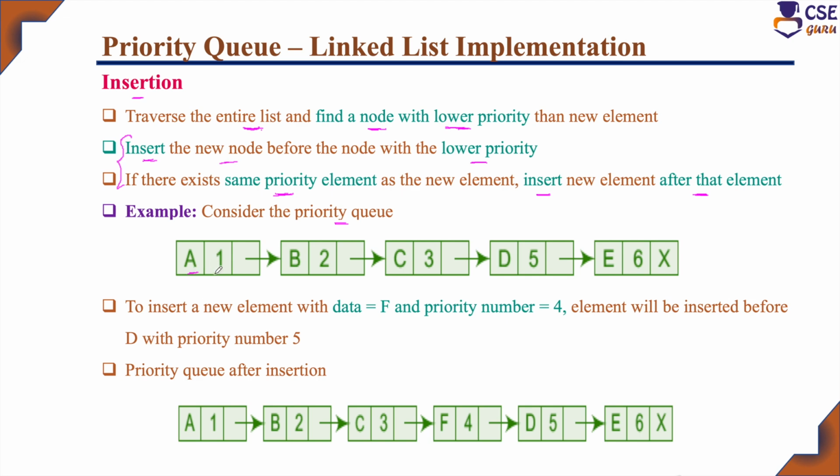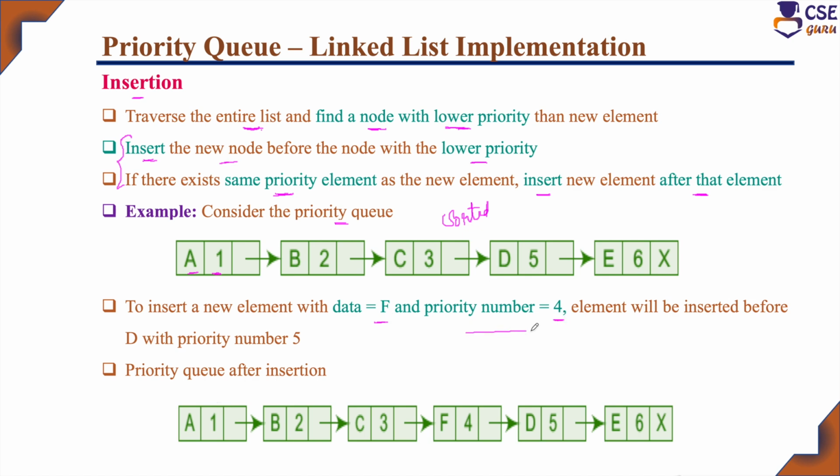Element A with priority number 1. So here all the elements are arranged based on their priority number. So it is nothing but a sorted linked list. Here, if you want to insert a new element, F, where the element name is F and the priority number is